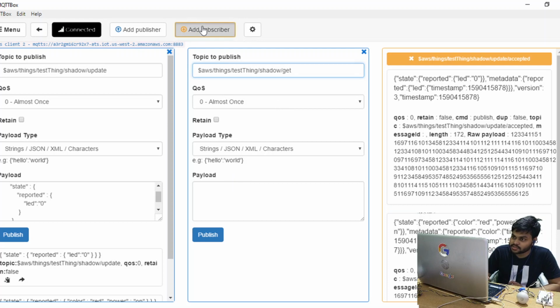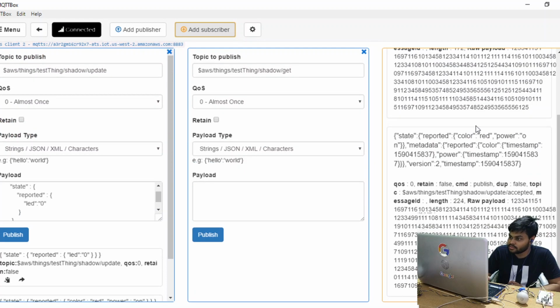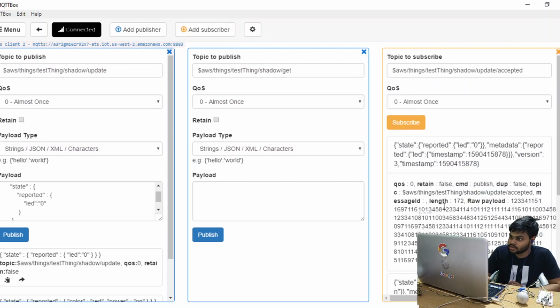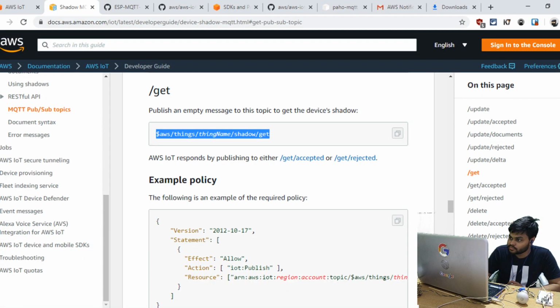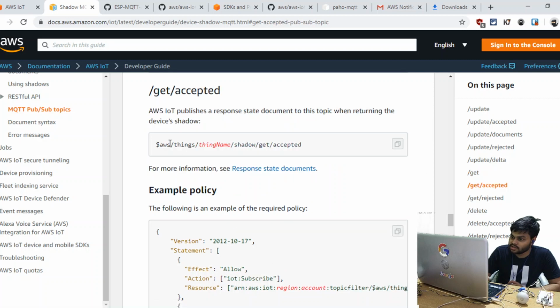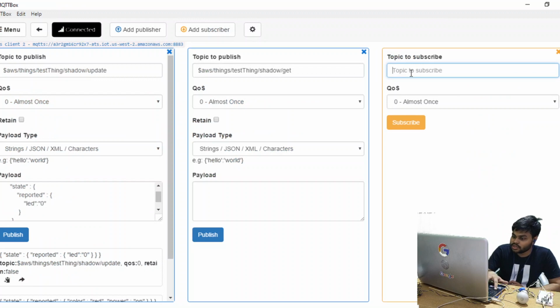Before publishing we need to subscribe. We have already added a subscriber. Let me delete this one. Click on the cross and delete this one. Okay, so subscribe to get accepted. If our get is accepted, every payload, everything will be received like this. So let me make this subscription first and then we will publish a message to this get route, thing shadow get accepted.